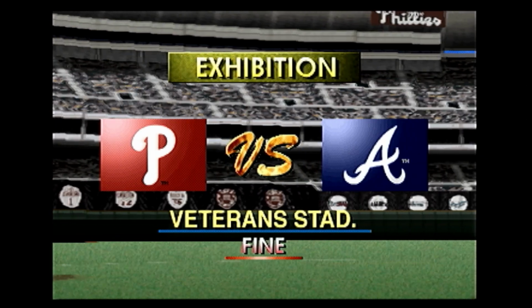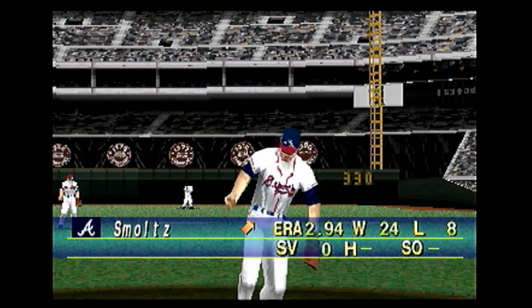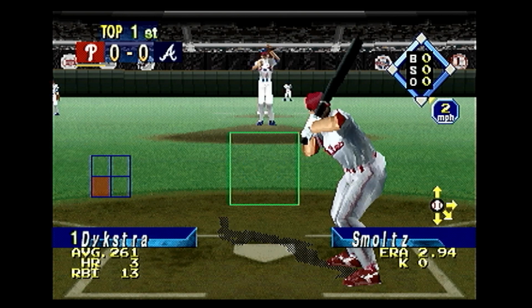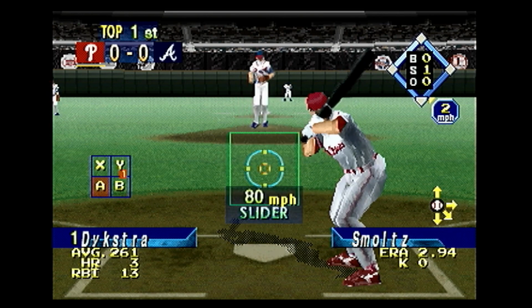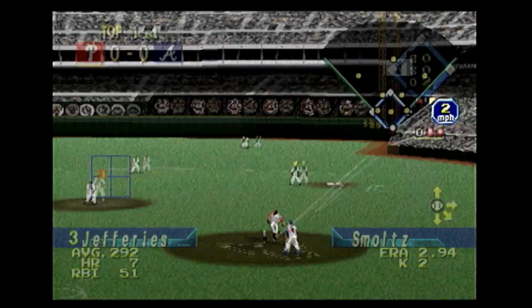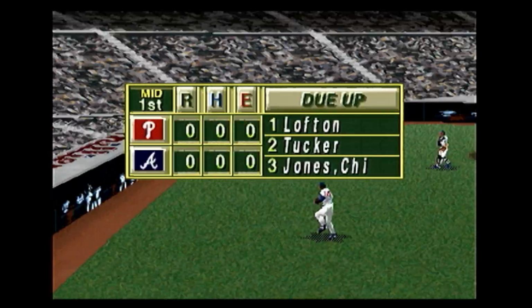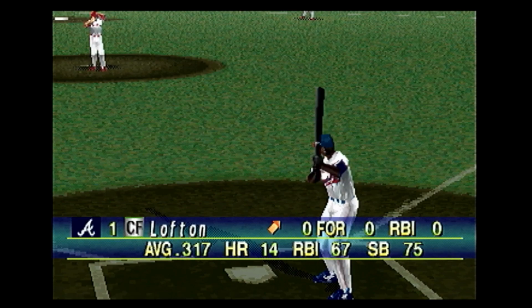We're about ready to play ball. Now batting, Lenny nails Dykstra. Inside. They're empty. Pugsley Jeffrey. He pulls it. Nice job. In the middle of the first inning, the Phillies have yet to score. Now batting, Kenny